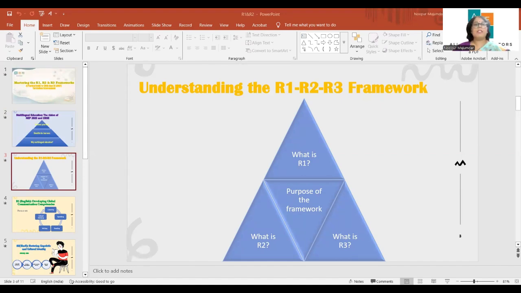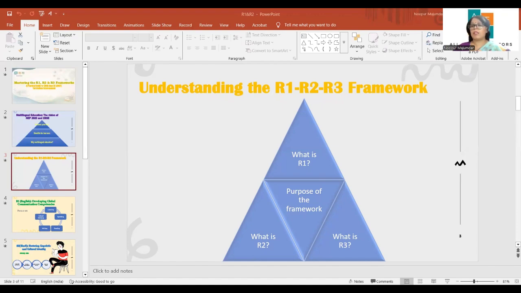So, dear educators, now we come to the heart of today's webinar. Many teachers assume, we all assume, before we deep dive into it, that R1, R2, and R3 simply mean first language, second language, and third language. This is a general concept, right? Actually, the framework is based on the role each language plays in the learner's educational journey. Every language has a significance, an importance in our educational journey.